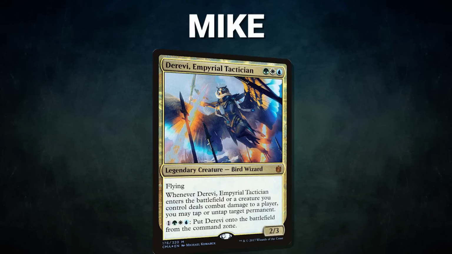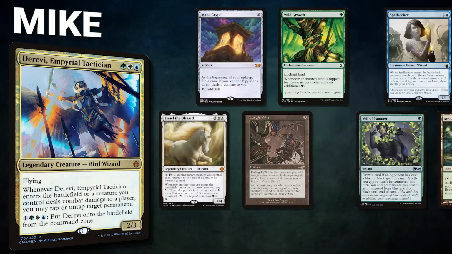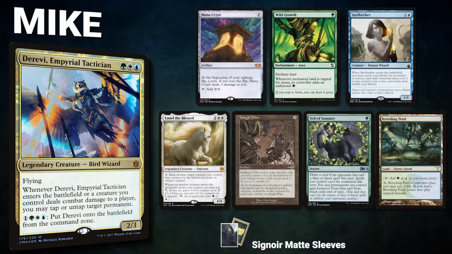Flats. Next, we have Mike piloting Derevi, Imperial Tactician. This is a stacks list that uses Derevi's ability to break parity. Once your opponents are locked out, you send in the beats with things like Elish Norn or combo with Emil the Blessed. Derevi was the premier CEDH stacks commander before 2016. Then partners appeared and 4 color counterparts took Derevi's place. We will see how he fares tonight. His opening hand contains a Mana Crypt, Wild Growth, Spellseeker, Emil the Blessed, Tanglewire, Veil of Summer, and a Breeding